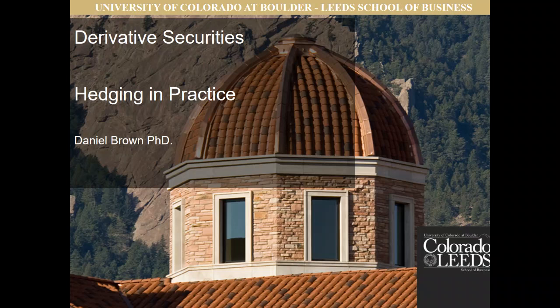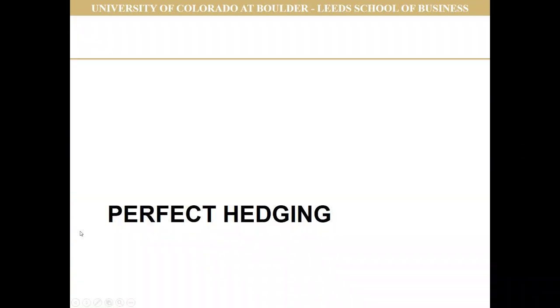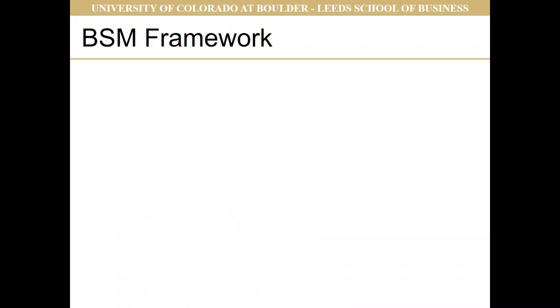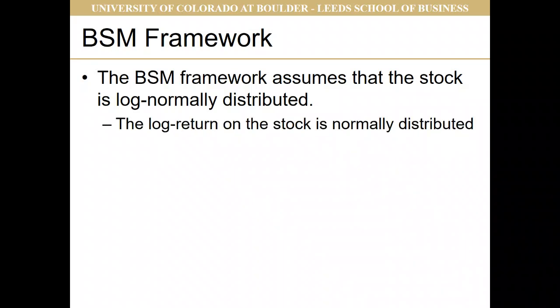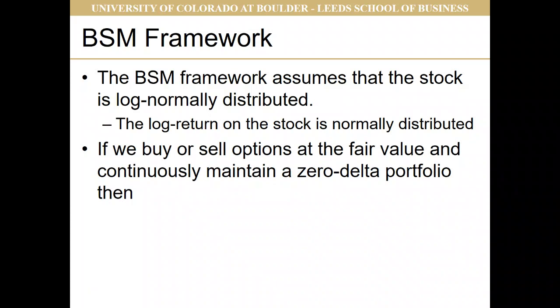In this video, we're going to discuss hedging in practice, or at least delta hedging in practice. So we can think about the example of perfect hedging. The Black-Scholes-Merton framework assumes the stock is log normally distributed, and that if we have an option position, we are going to delta hedge continuously, buying and selling fractions of shares all the time,